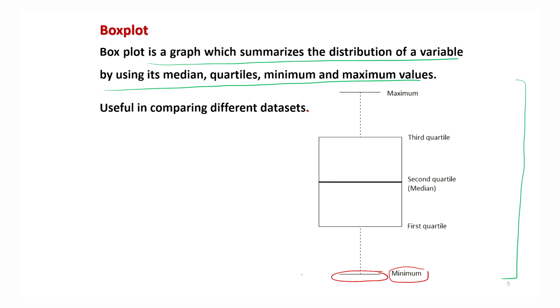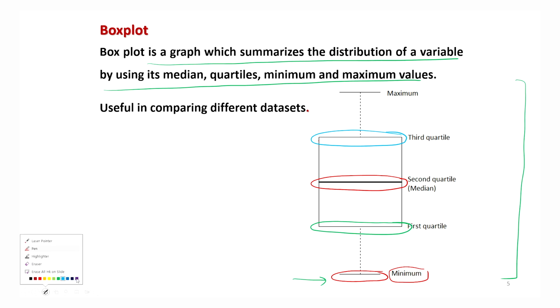As I said, the lowest value is indicating the minimum value. Then this line is the value of the first quartile. Then we have the line in the middle, which is indicating the second quartile, that is the median. And then we have this line which is indicating the value of the third quartile. And above them, this line is indicating the maximum value, right? These lines which I am now going to highlight in yellow color are actually not giving any information, so basically we have to look vertically, but this picture is created in the format of a box, so that is why this is called a box plot.